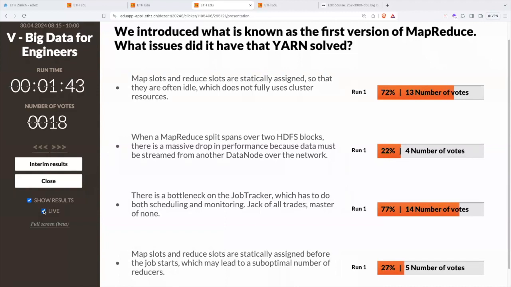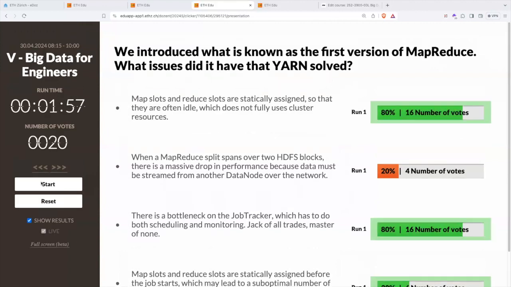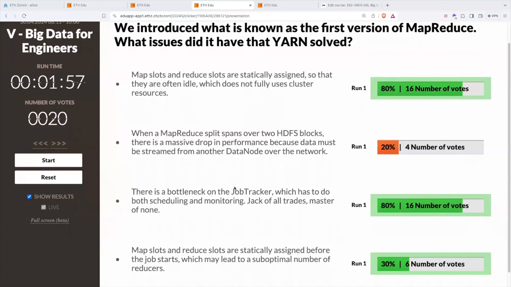So we have a majority with two of them that are quite popular. I see some changes of answers. Still have a chance. And the majority is correct on those two. And the fourth one,